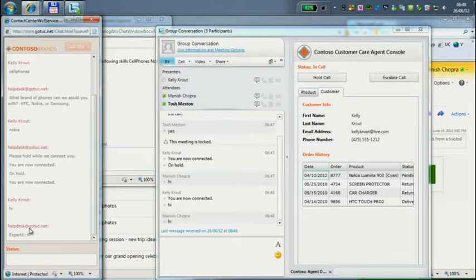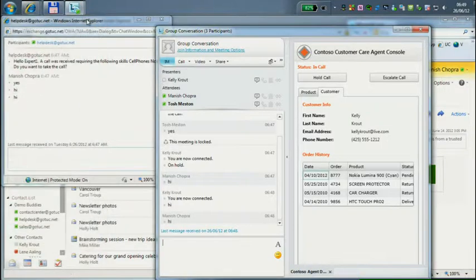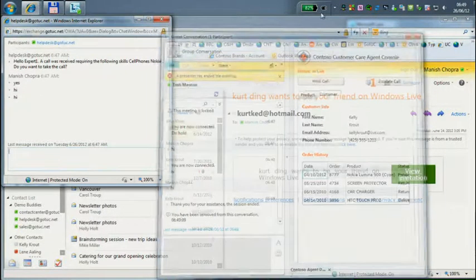So if you would be a supervisor and you wanted to listen in onto a particular call, at that very moment, you would literally listen, and the other person would not even see that you're in the call, and you have that capability. So this is the next demo that I wanted to do. Let me do a different demo. One more demo. So I'm going to end this one.